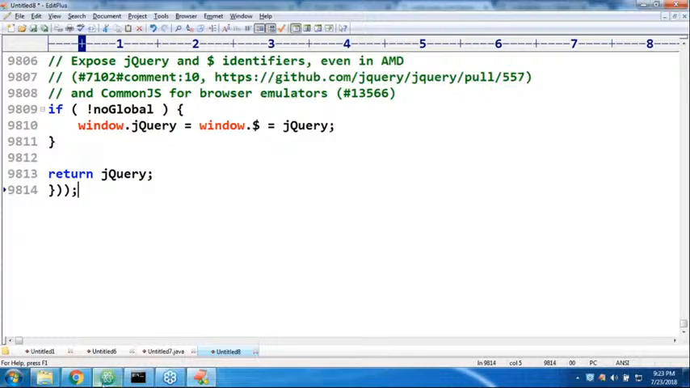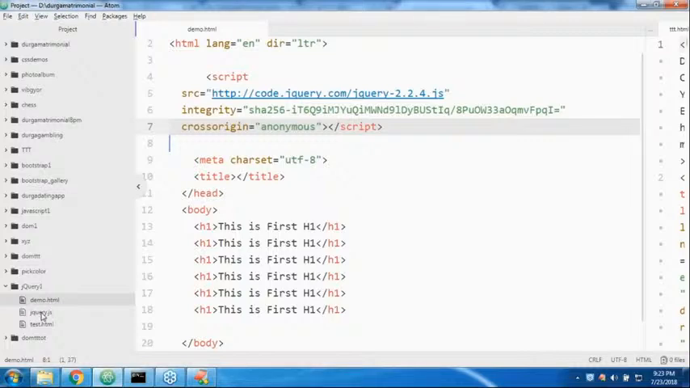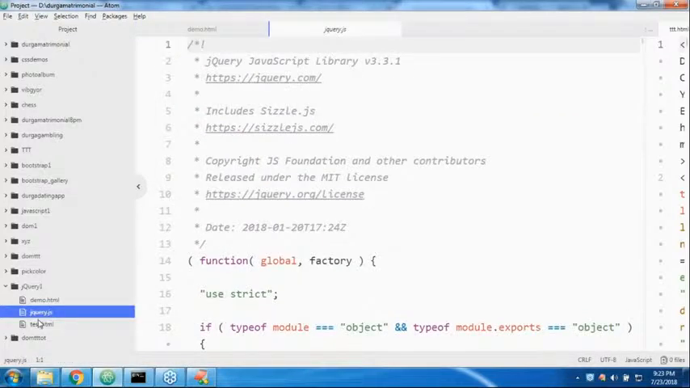Next, in your project folder, copy and paste that. Yes, this is the jQuery.js. Have you remembered, right? This is my own created file. In your project, you can take it. After taking this file,